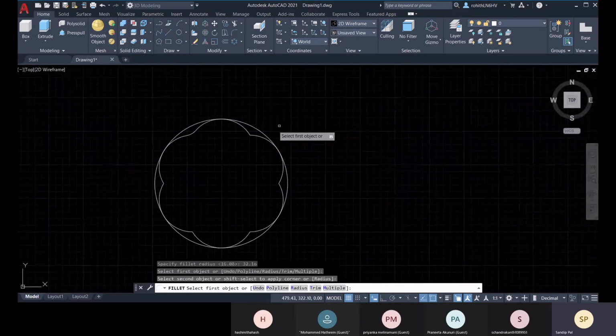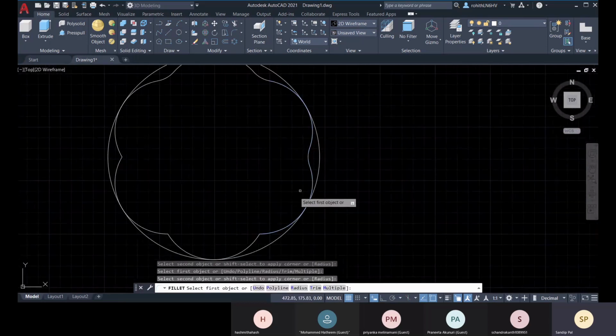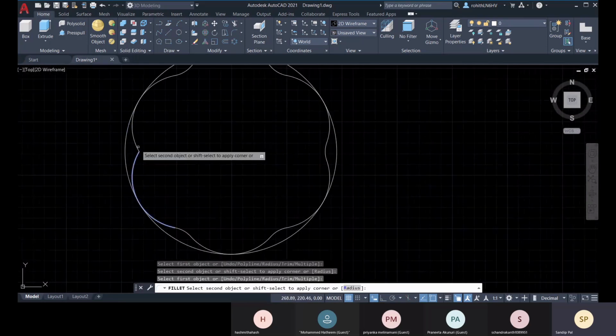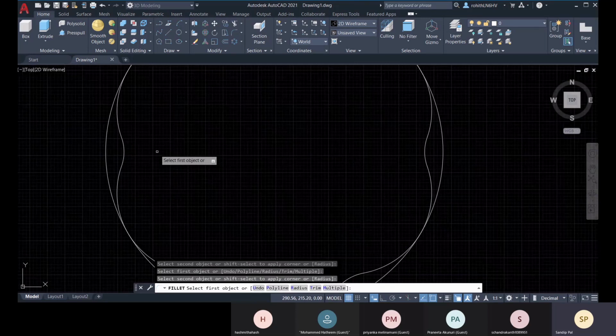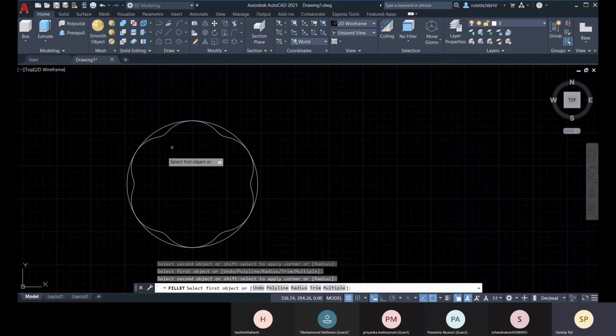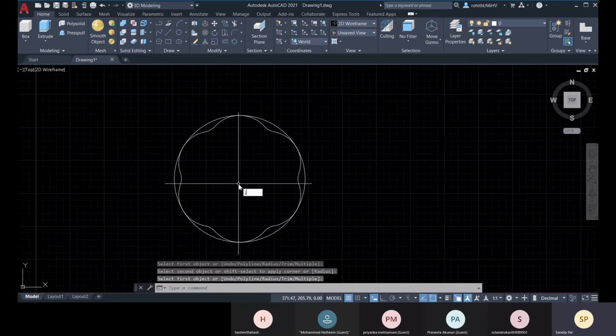There it is selected. This is totally depends on your design. You can triple the radius value, that you also can do. So that is totally up to you. Now what we will do, we will join them.